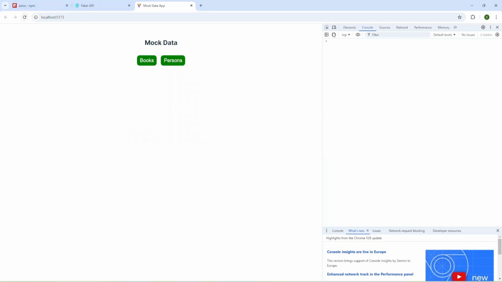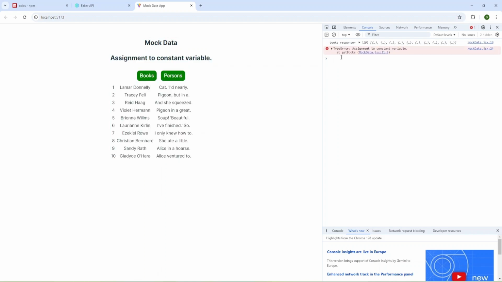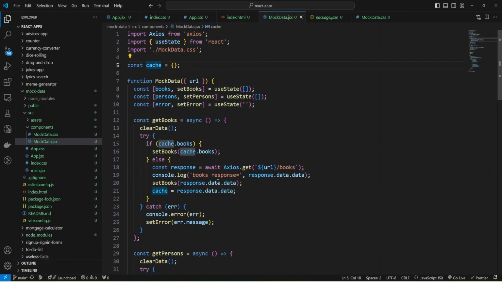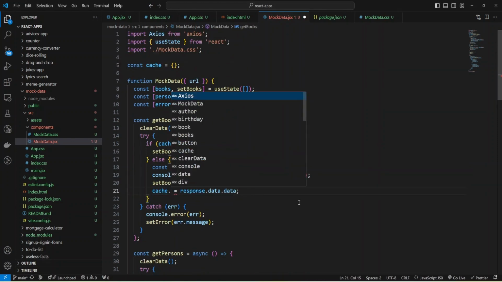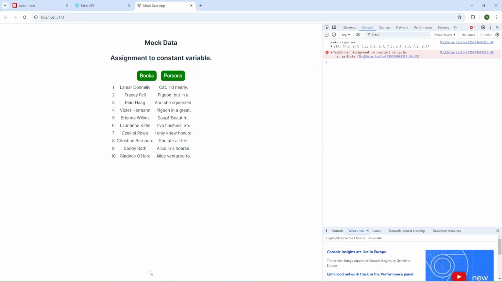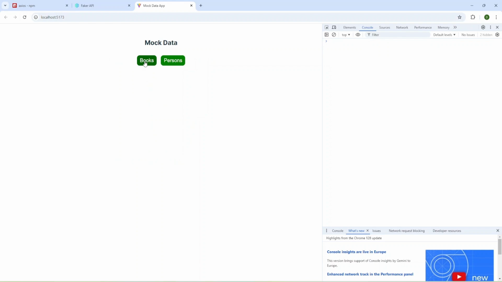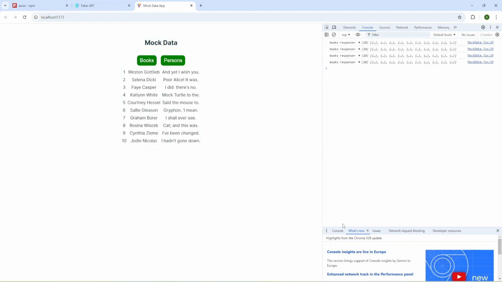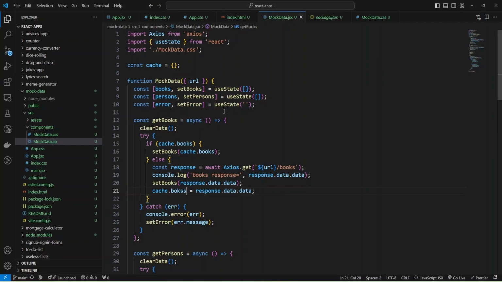I'm going to refresh, and I'll press books, and I need to change cache and assign not cache but cache books. Okay, let's refresh again, press books, and press again books, and I got response, and let's check what's wrong.